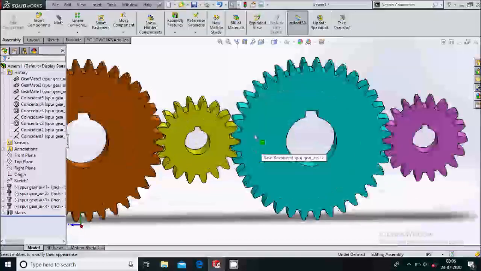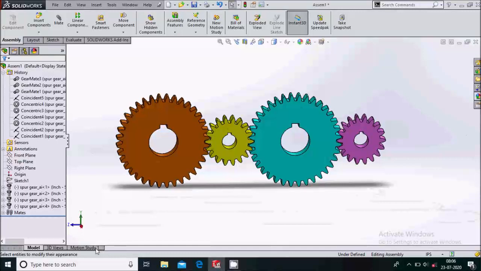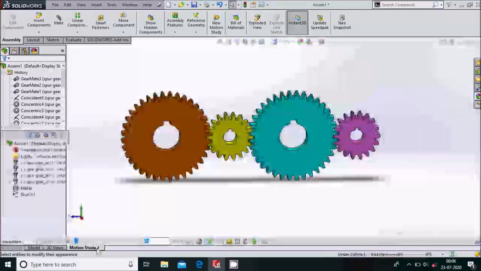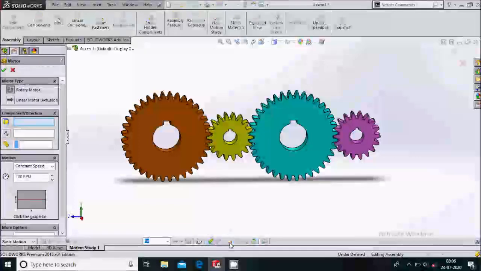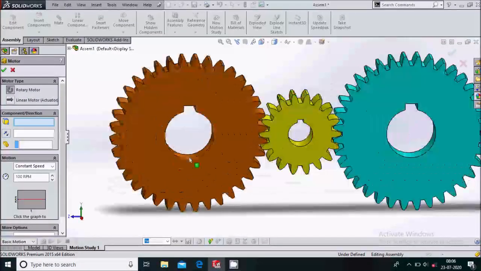Right. Now here we will go for motion study. So you can find here motion study. In this we will go for the basic motion. Here simply select the motor over here and select the inner face of this gear.